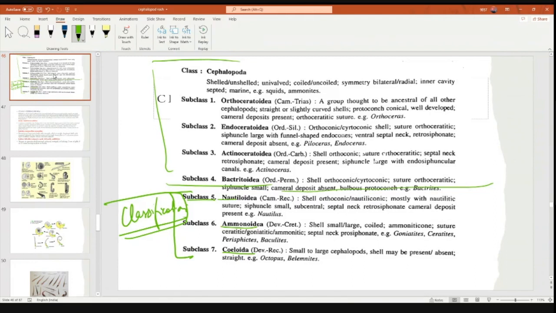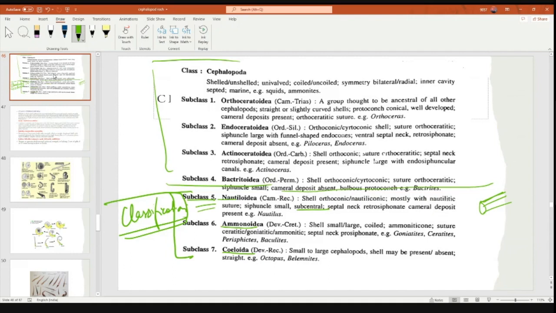So Nautiloidea basically has a straight shell, not that much curve. Nautiloids, we just saw, are straight. Orthoconic, they are straight. Nautilicone, they are straight. So the shell form is generally straight, and the siphuncle is small. The siphuncle is very small, and now they are